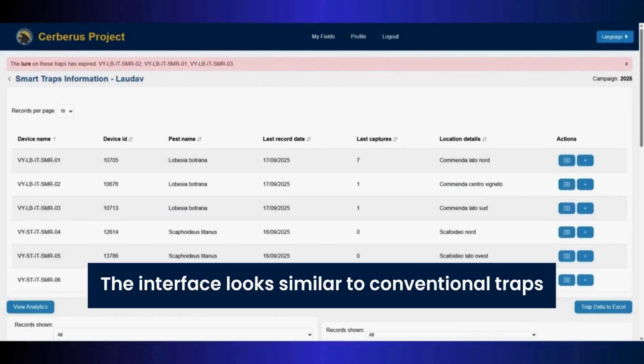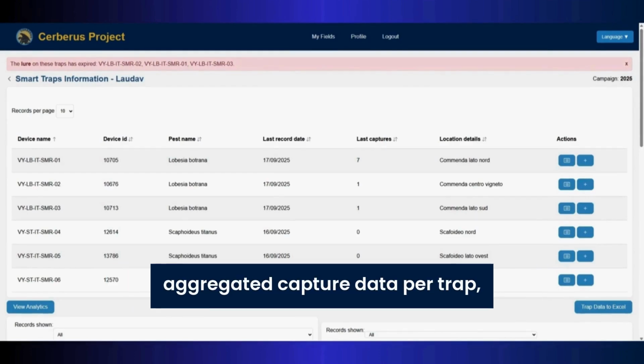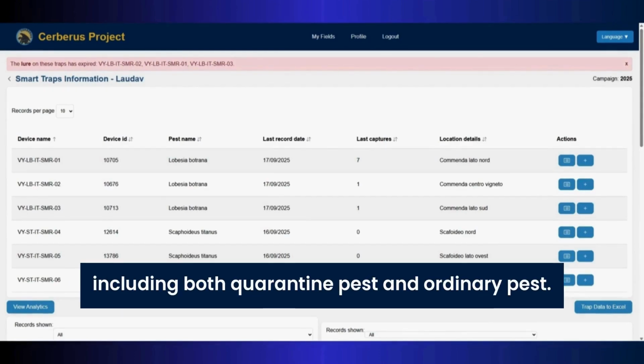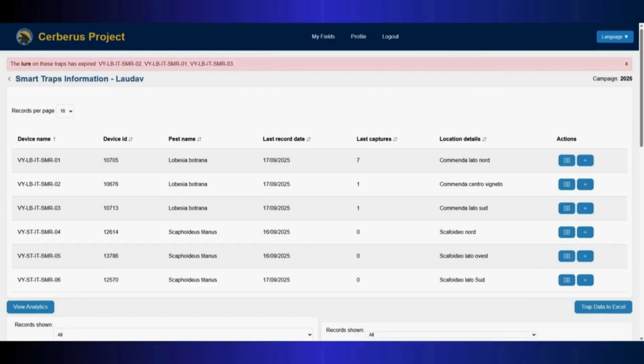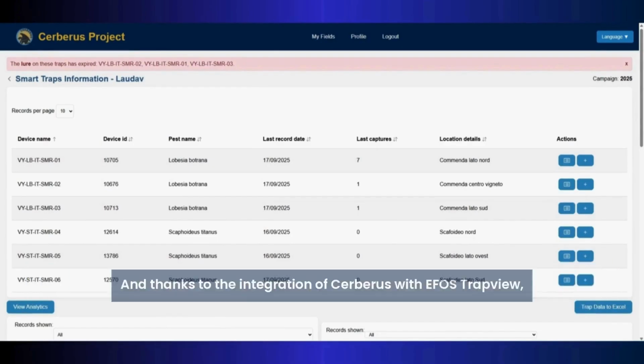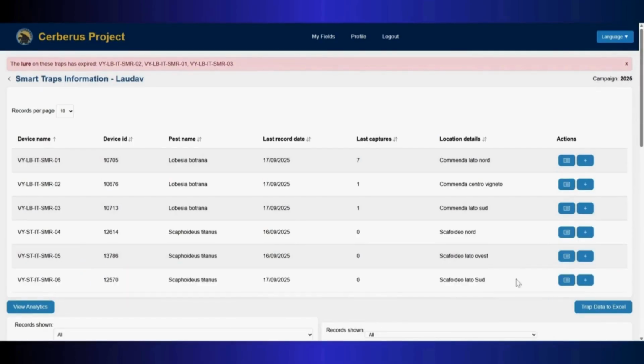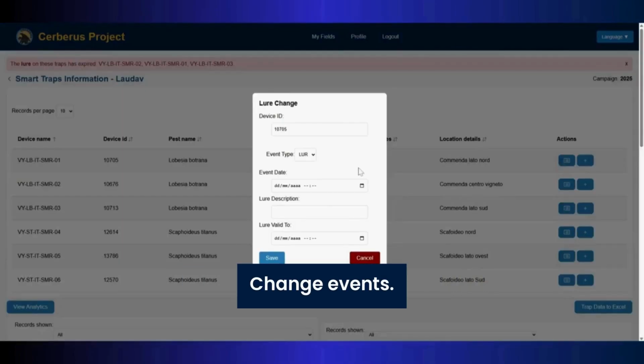The interface looks similar to conventional traps to keep everything intuitive, but now it displays aggregated capture data per trap, including both quarantine pests and ordinary pests. And thanks to the integration of CERBERUS with EFOS TrapView, you receive AI-interpreted daily capture counts. You can easily add pheromone change events,